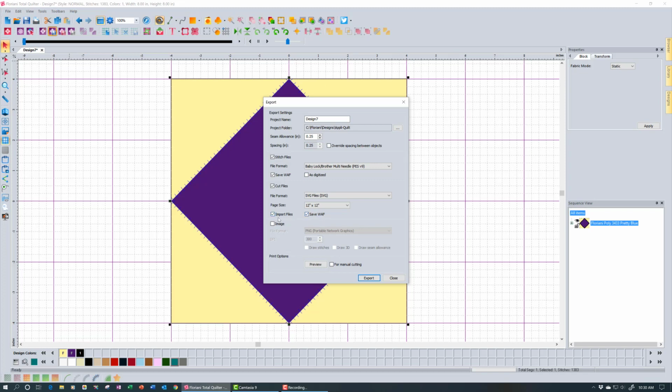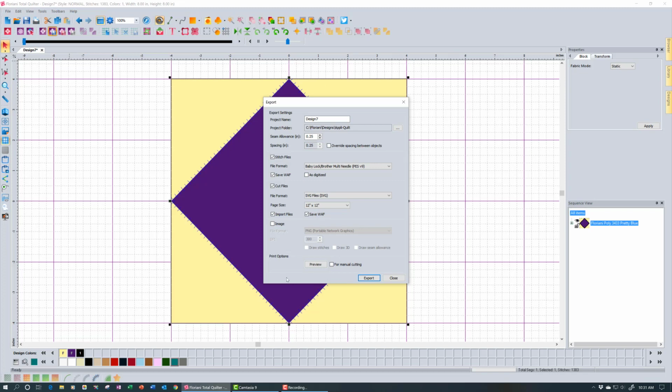So I'm going to go ahead and check import files, and I'm going to click export. Now before I do that, I want to let you know that if you have the version that I'm using, which is the current release as of my date that I'm recording this, which is mid-February 2020, if we still have that version, which is version 3600, build 3600, out there and we haven't updated it, there is a slight bug in the way this works, and I'm going to show you right now how to work around it until